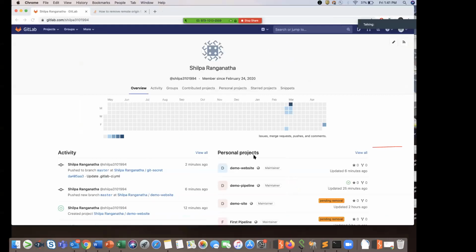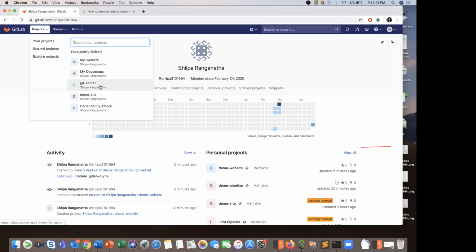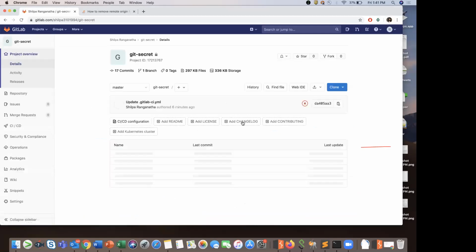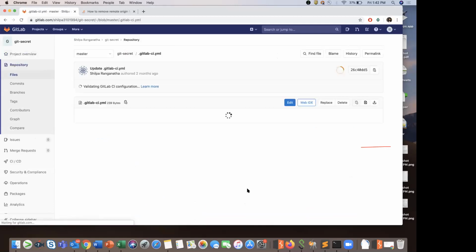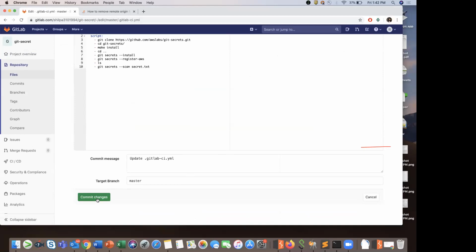Okay, so let's execute the same here. The same thing has been defined here, whatever we saw there. Commit changes.